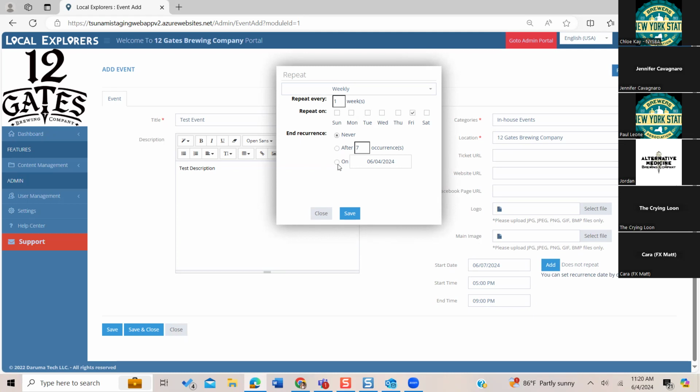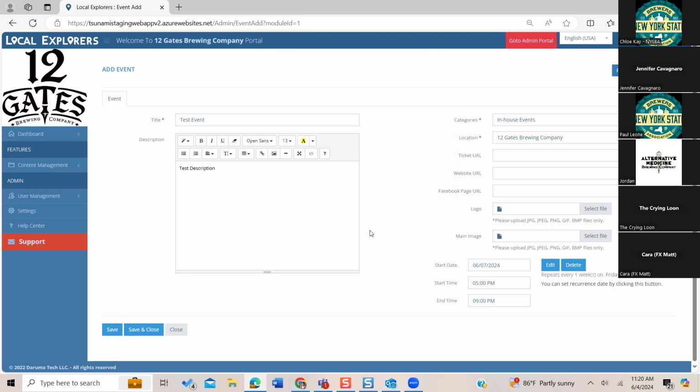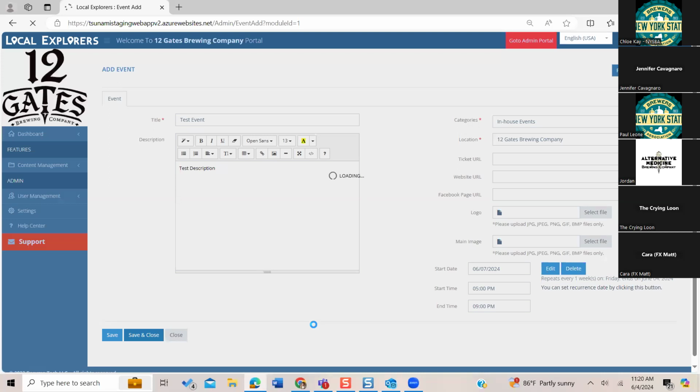Or you can specify, you know what, this every Friday runs until October. So then you would change that date here. Or you can just set a number of occurrences. We're just doing it for about 7 weeks, and that's it. And then you would click save, and it'll save over here. And then you would click save and close, and then it will go into your